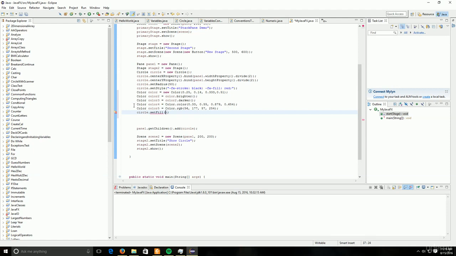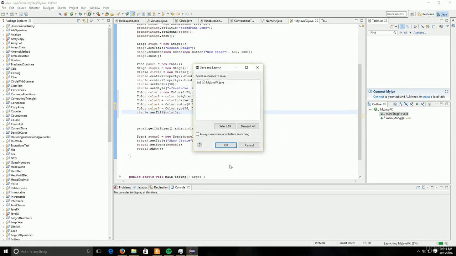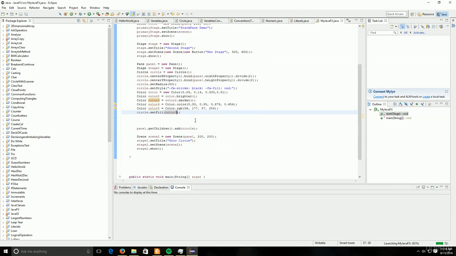And then we provide a color object. In our case, let's say we pick color 3. And now if we run our program, you'll notice that it'll create 3